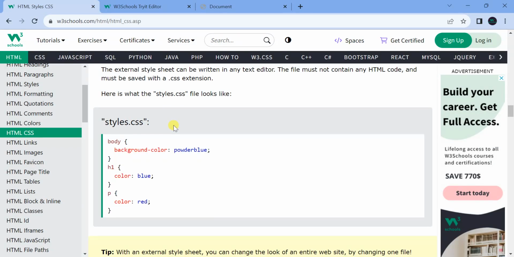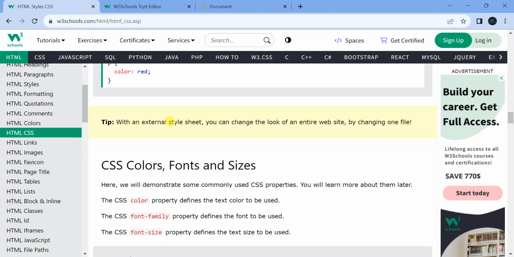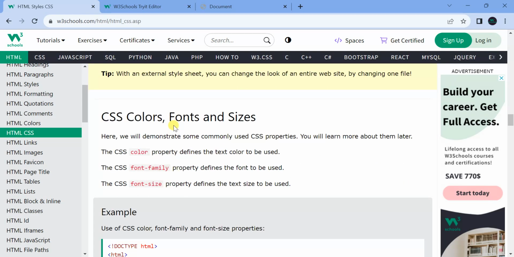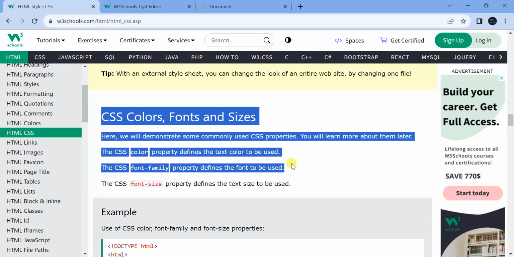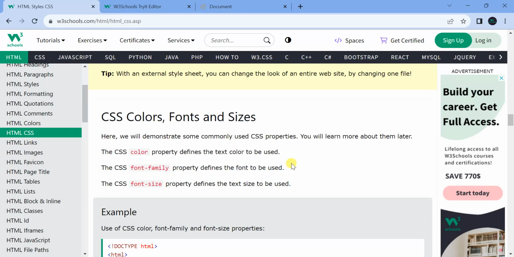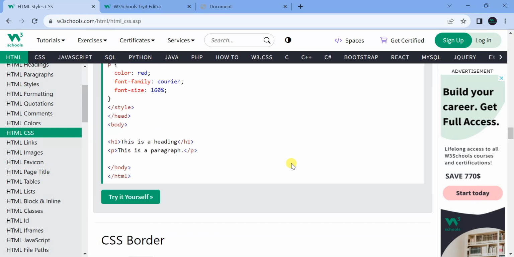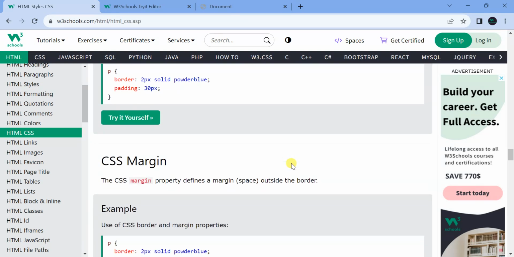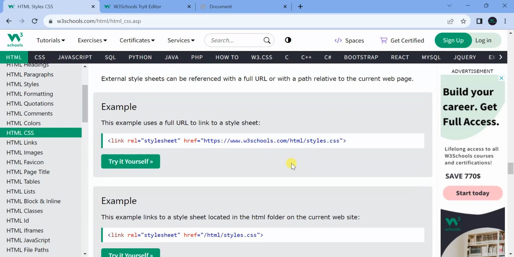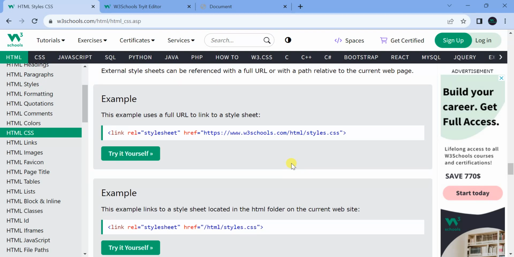So guys, I hope you understand what inline CSS, internal CSS as well as external CSS are, and these are all some properties of CSS and their values. You can also use plugins from our website. So I hope guys you understand how to link the internal files as well as the inline